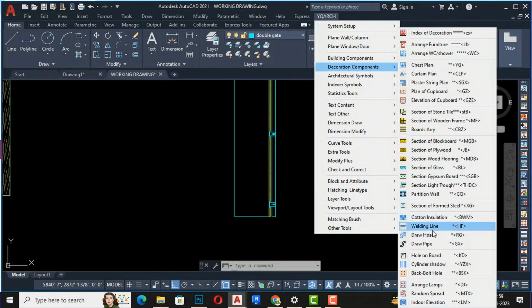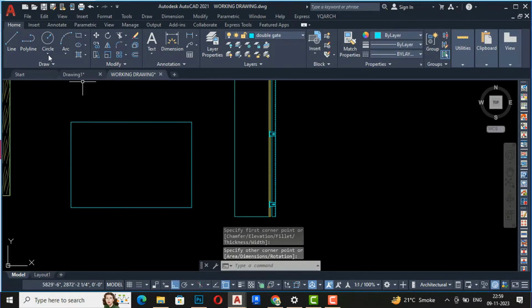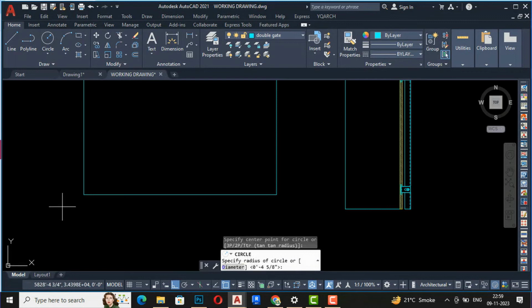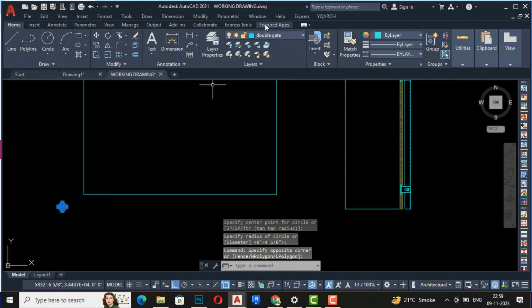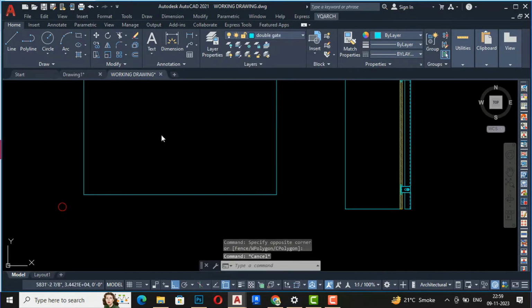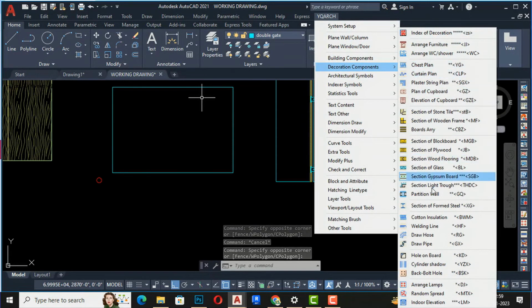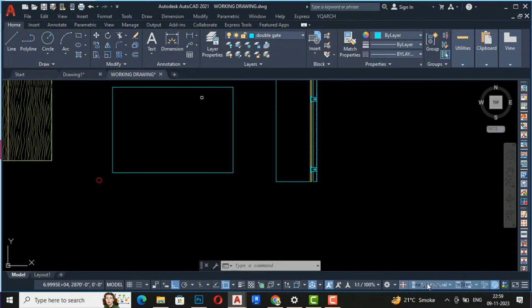And now I will give an example of this arrange lamps. So suppose I am going to draw again a rectangle here. Suppose this is our ceiling, and now this is our light. So suppose I am giving this any other layer here, and now I am going to yqarch decoration components, and I will use this arrange lamps, and now it is asking select object. So this is our light. I am selecting this as object,